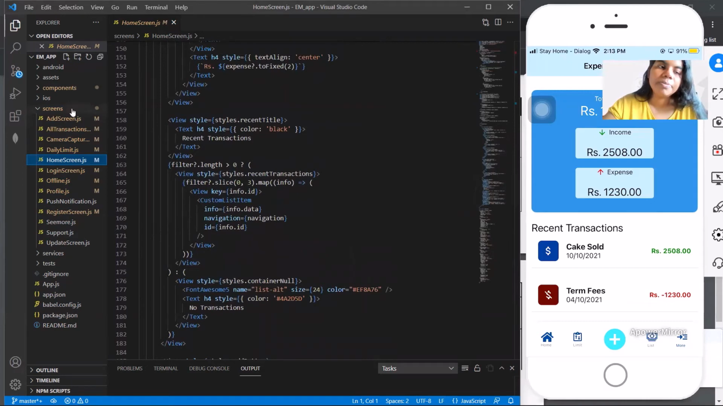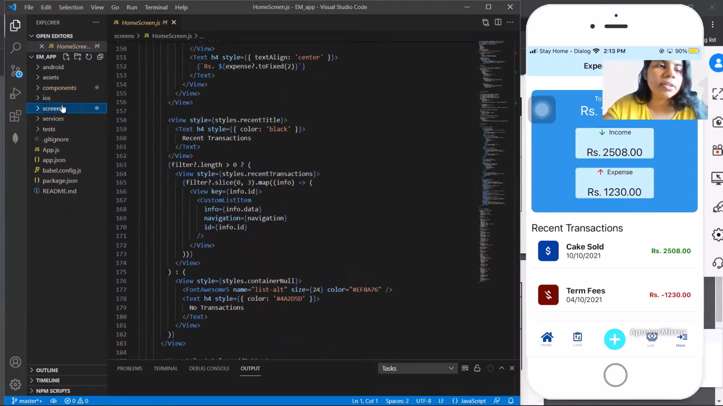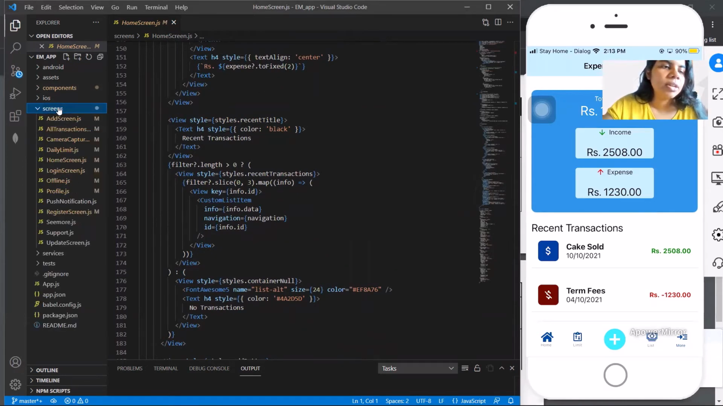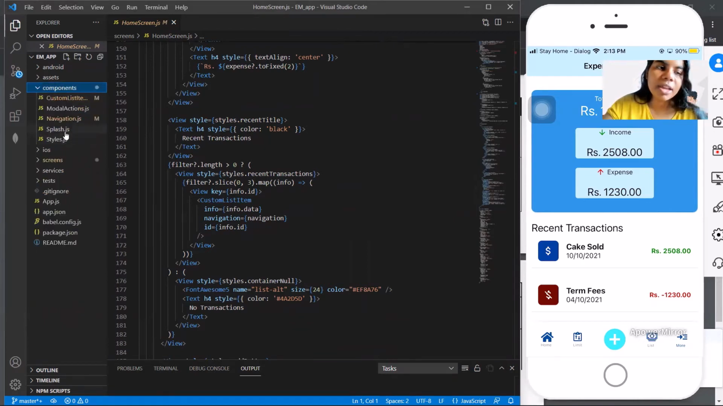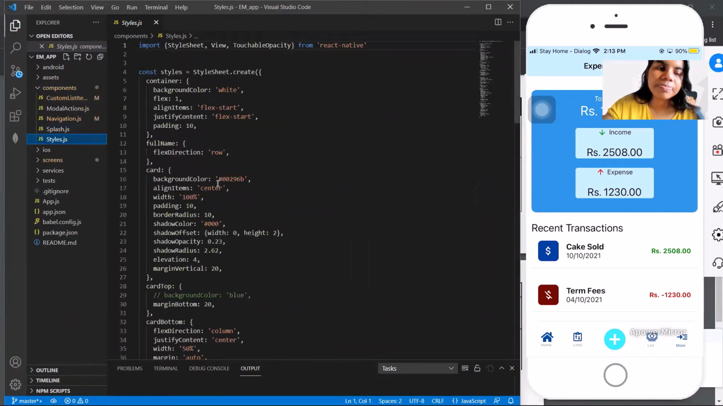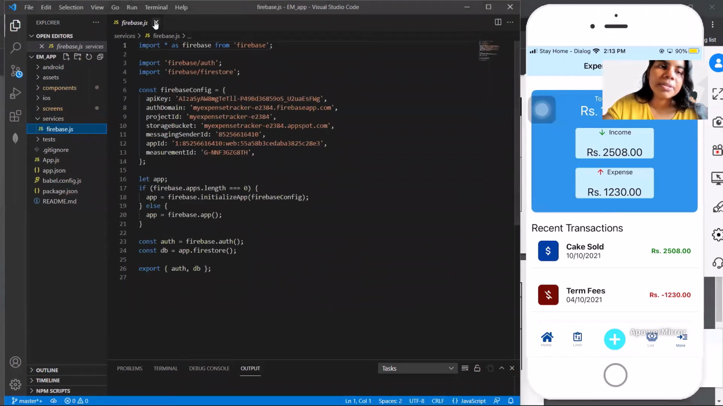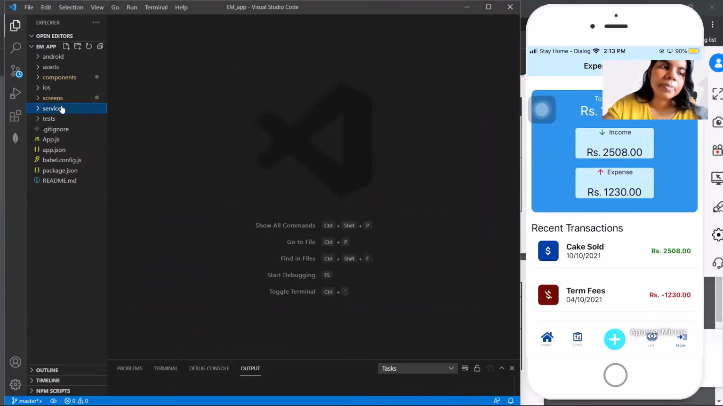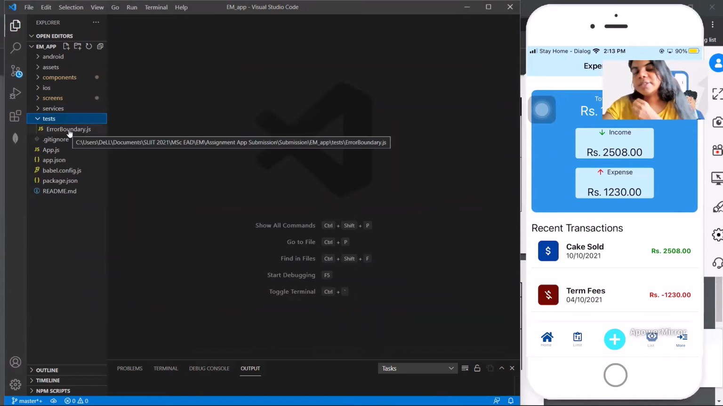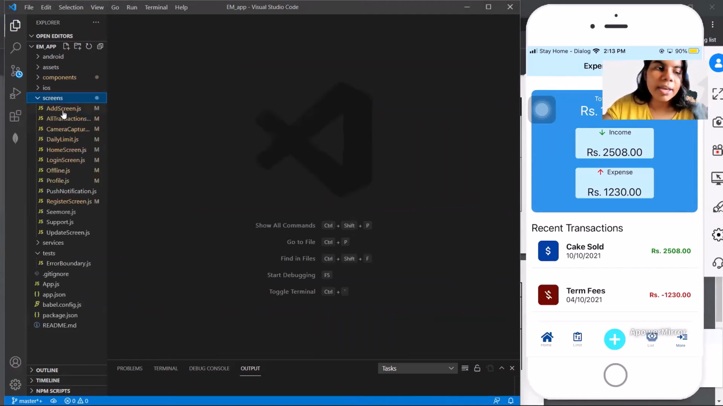For all of these styles, I have declared an external style sheet, which is in the components. That's the style.js file. And then I have assets separately stored in another layer. And then in the services, I have the Firebase API. I have also used some error boundary test cases, but that is still in progress. And then in the screens,